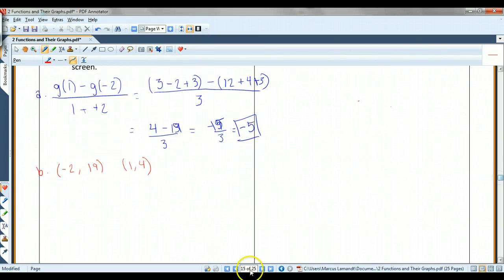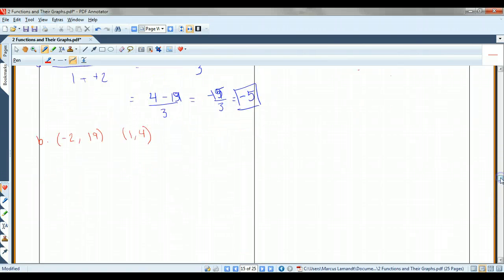Once again, if I plug negative 2 into that equation, I get 19, as I figured out over here. If I plug in 1, I get 4, as I figured out over here. So, first thing I need to do, I need to figure out the slope. The slope, I already know, is negative 5. And I already have my x and y. So y equals mx plus b. My y is 19, my m is negative 5, my x is negative 2. So I've got 19